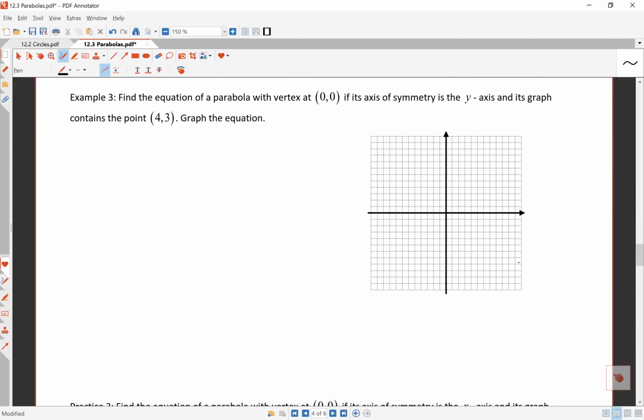Example 3, another type of parabola. The vertex is at the origin and its axis of symmetry. When you have a parabola, the axis of symmetry is the line that goes through your vertex. And so if the axis of symmetry is the y-axis, then we know that our graph opens up or down depending on the point that's given. So we have 0, 0, contains the point 4, 3,